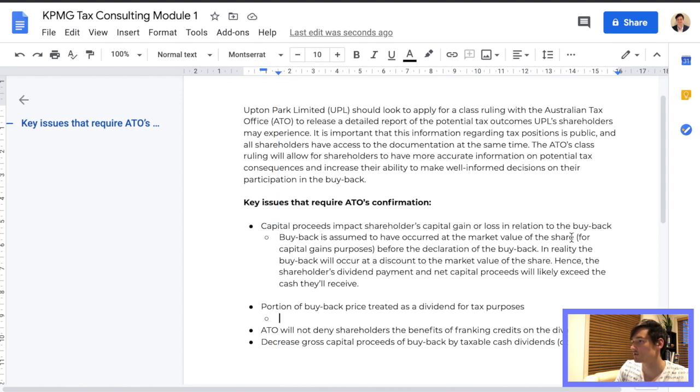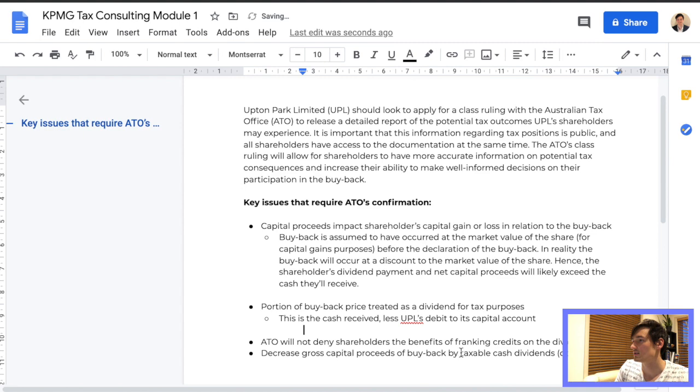Next, the portion of buyback price treated as dividend for tax purposes. If you look through the class ruling for Qantas, you can see how